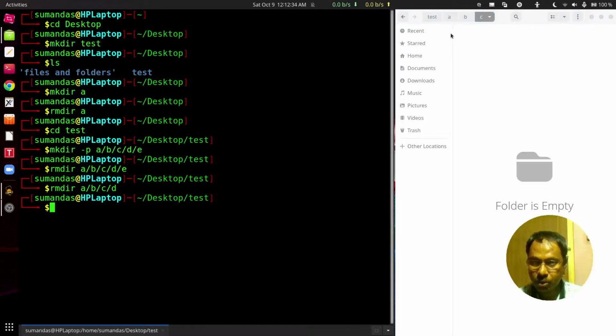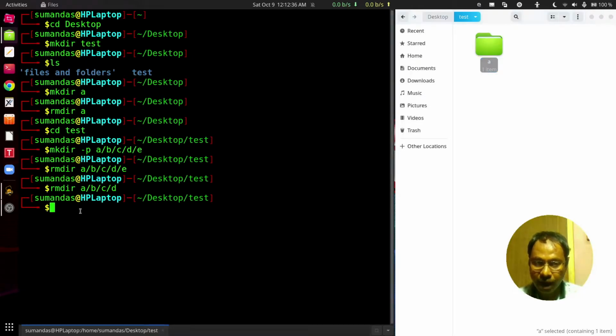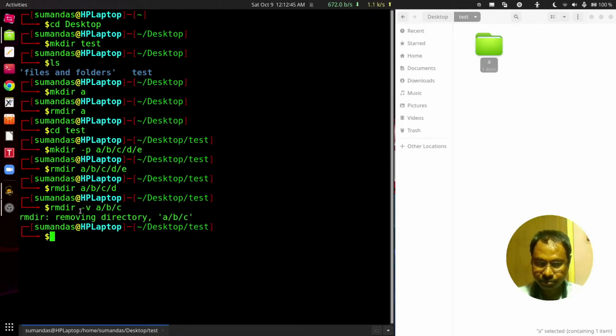So once again we are giving the verbose mode, rmdir -v, then a/b/c. Now verbose mode is saying rmdir removing directory a/b/c. That means only the C directory has been removed.